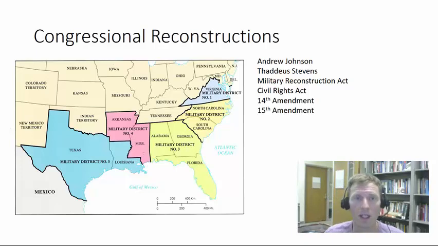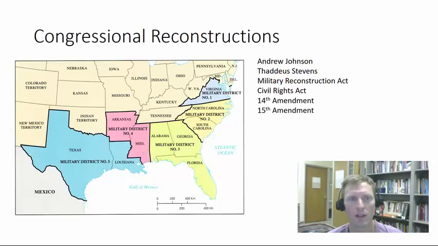Well, Andrew Johnson had not been a member of the Republican Party. He'd been a Democrat. He represented working class whites and really cared mostly about them. So basically the non-slave holding white Southerners. And Andrew Johnson really wanted a quick Reconstruction. He wanted Southern whites and Southern states brought back into the Union very quickly. He wanted them represented in Congress very quickly, partly because he was trying to curry favor with them to support him, and he didn't care too much for African American rights.